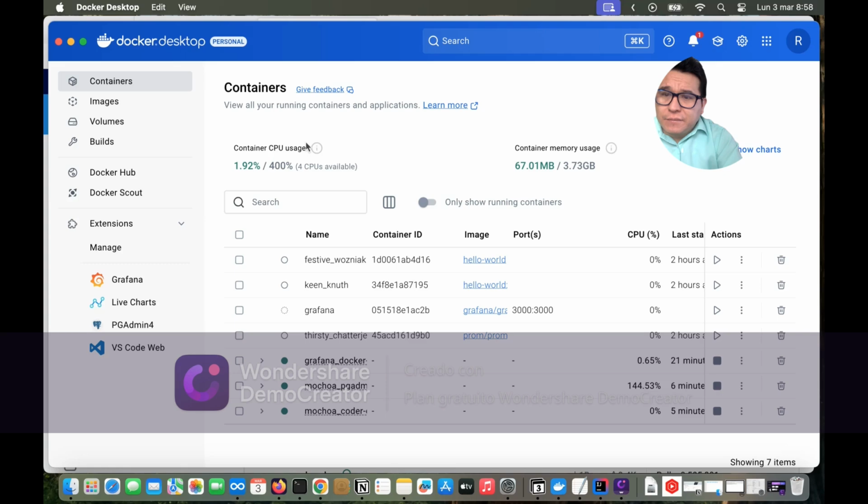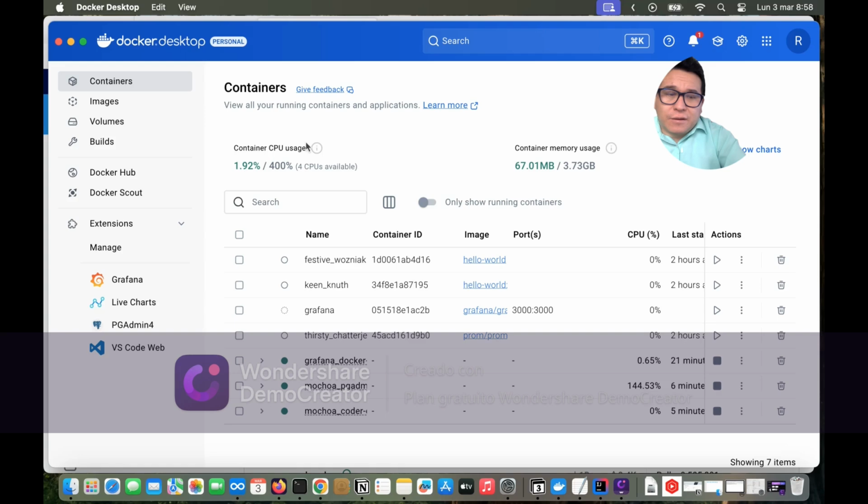So we will pull the image hello world. So here we are pulling the Docker image. We see here